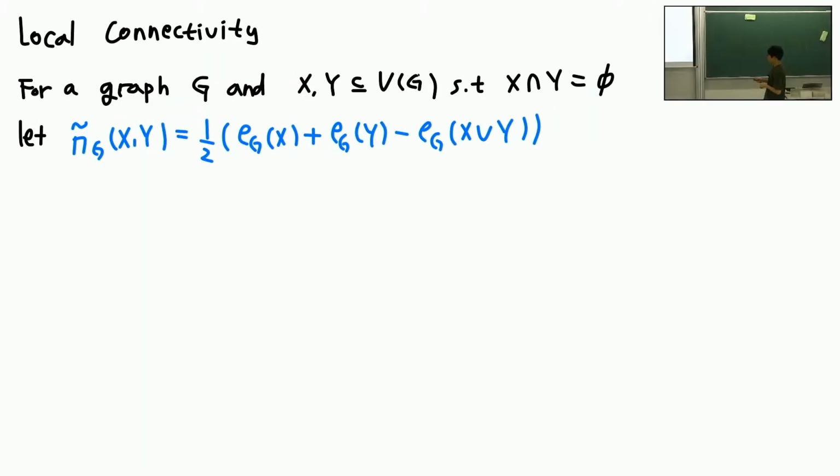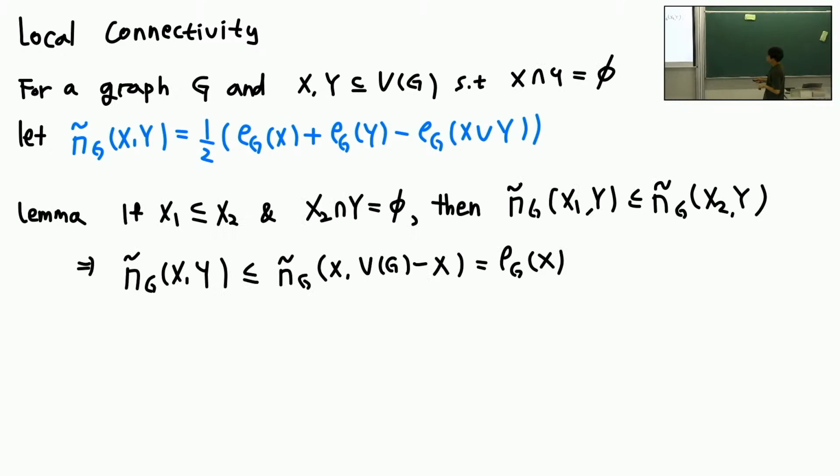Then let me explain what is the local connectivity. Given a graph G and two disjoint subsets X and Y of the set of vertices of G, we define this local connectivity by half of the cutrank of X plus cutrank of Y minus cutrank of X union Y. Then actually this connectivity satisfies the following property,